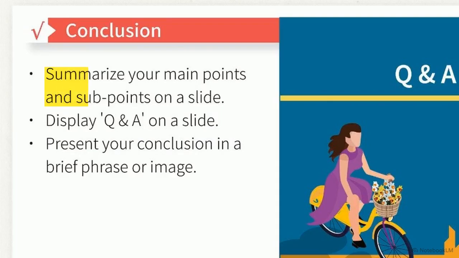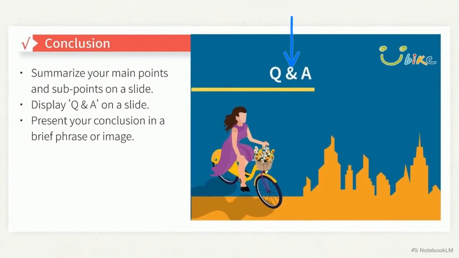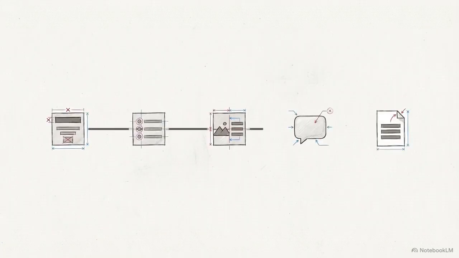Your conclusion slide needs to summarize your main points clearly. Include a direct Q&A prompt to explicitly invite audience questions. Finally, build a references slide. This allows your audience to easily verify your facts or read further on the topic. Standardizing this 5-part architecture ensures your audience always knows exactly where they are, allowing them to follow your logical flow